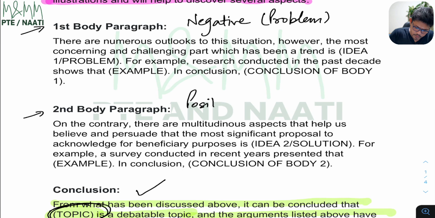Positive paragraph where I'll discuss the solution. So people are using television and social media to get rid of their loneliness. This is a problem, okay? What idea can I write? And the challenging part, which has been a trend, is